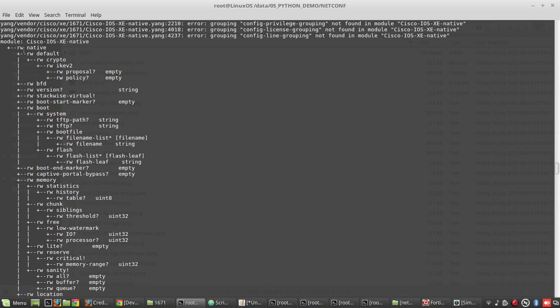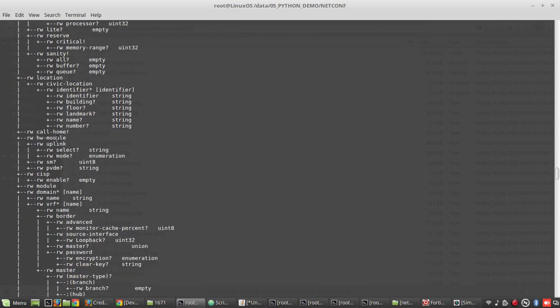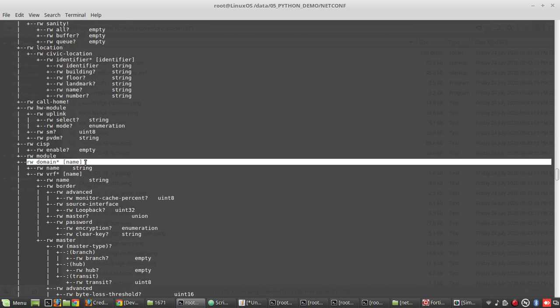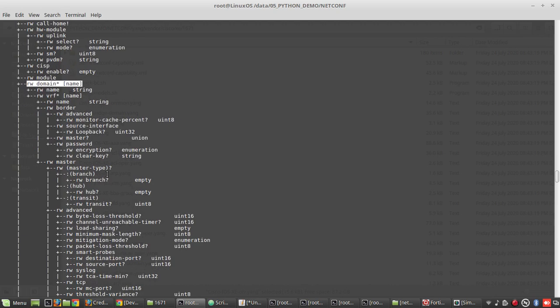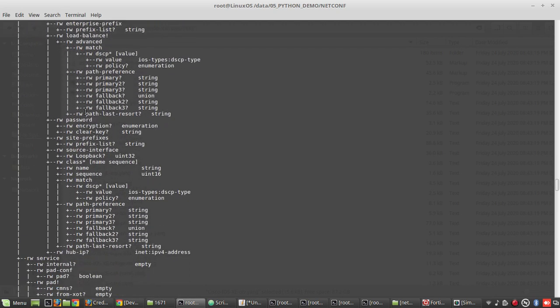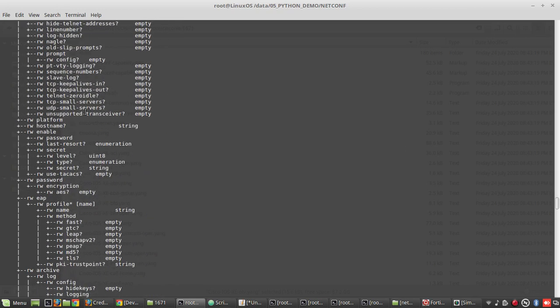So you can see here under native you will be able to see the version, the software version, the IP domain name. These will be configured under native. There will be a lot of other configuration parameters.